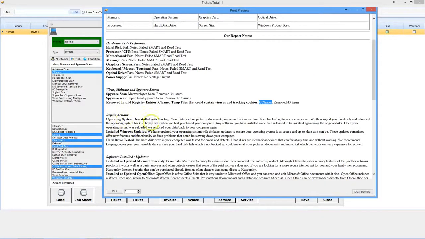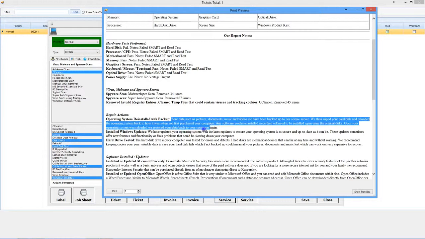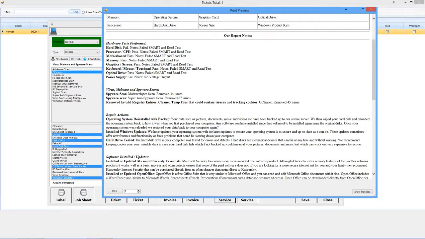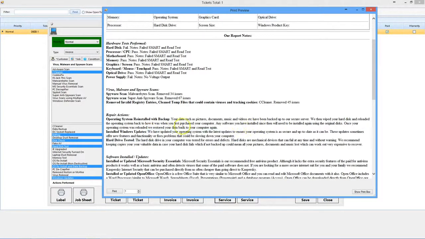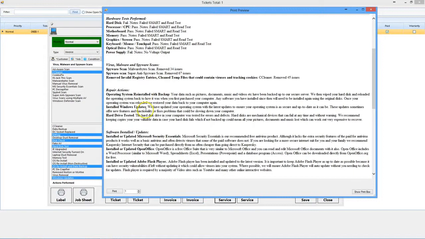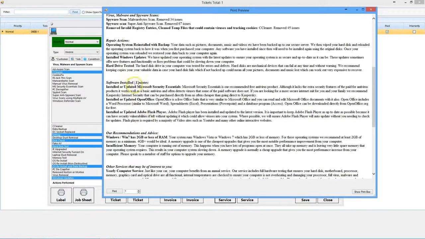Repair actions. You can see operating system reinstall, backup. Gives you some nice information for your customer to read. A lot of customers like to read personalised information about their computer. We've explained why we've done updates, what we've done with the data backup. You know, we've tested the hard drive and it showed errors and defects, and so we've obviously replaced it as part of this repair. The other tab, we've got software installed updates, so we just explained that we've installed or